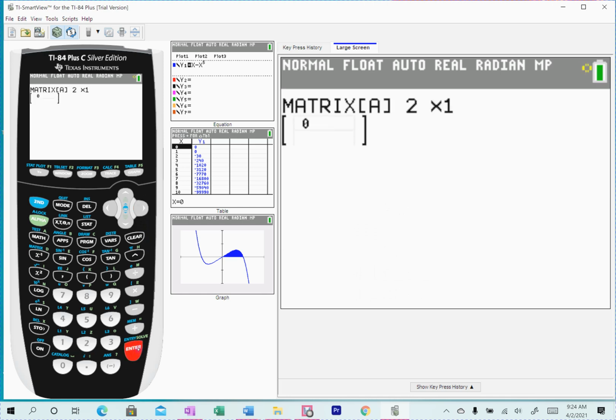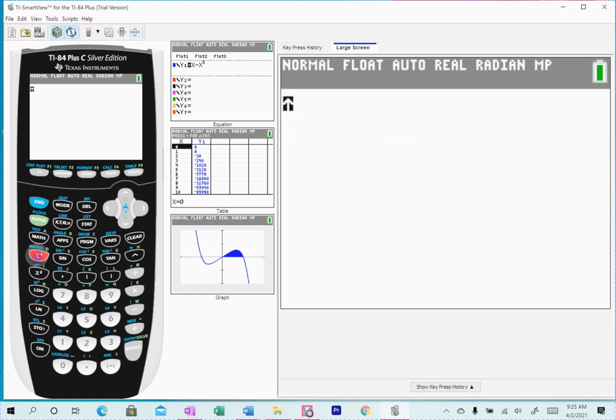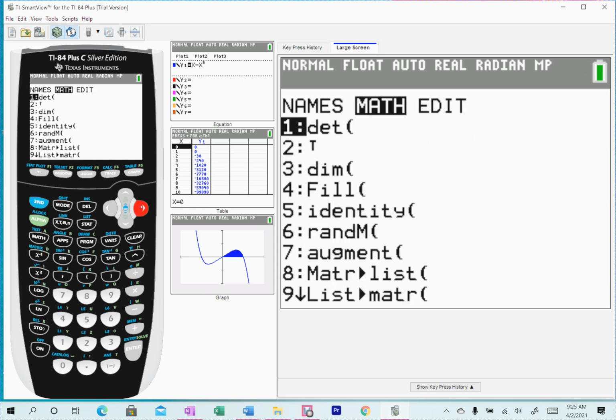Alright, it needs to be a 2 by 3. Alright, then I carefully type it in. It was 8, 4, 1920. And it was 4, 12, 1600. Double check and make sure I plug those in right. Alright, quit. Go back into matrix. Now we're going to go over to math. And if you scroll all the way down,